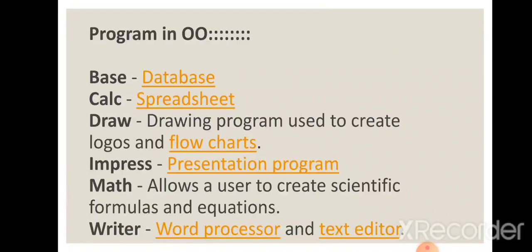Likewise, the programs in OpenOffice are Base, used for database; Calc, used for spreadsheets like Excel; Draw, used for flowcharts; and Impress, used for presentation programs. Math allows a user to create scientific formulas and equations. The Writer program is used as a word processor like MS Word for documentation.